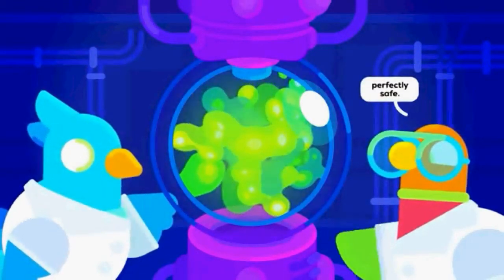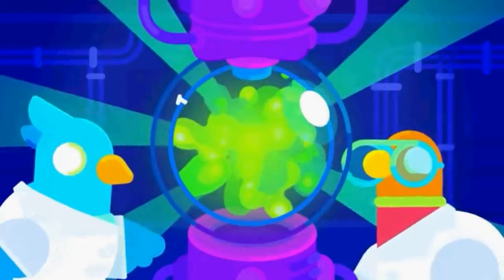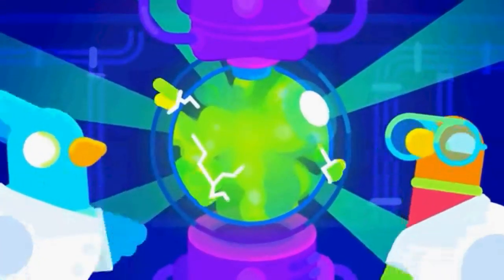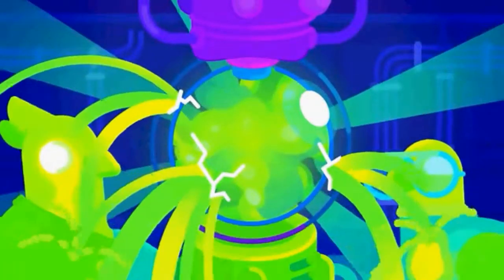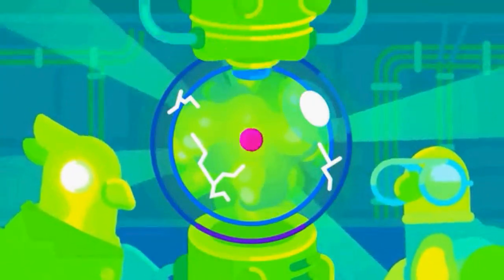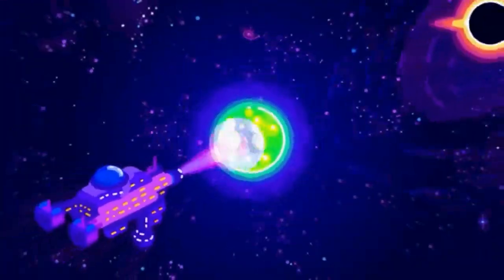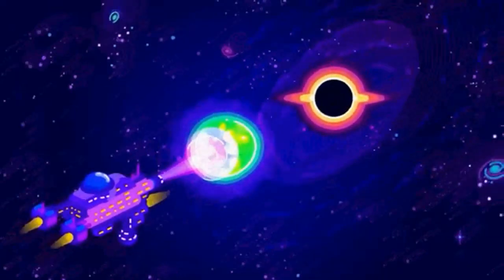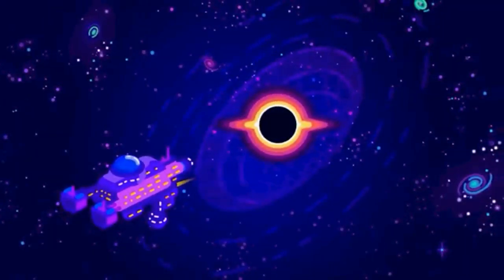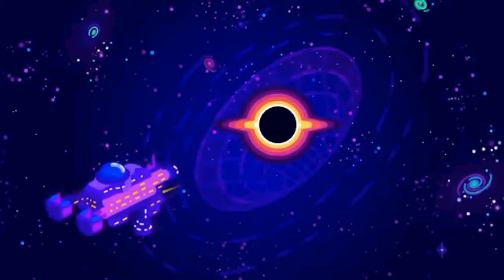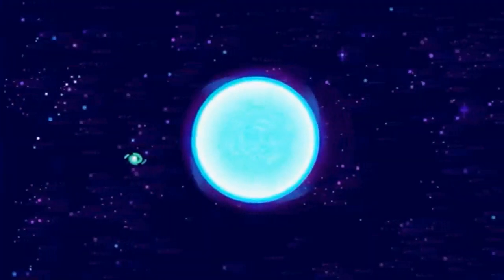It might be infectious. Every piece of matter it touches might be so impressed by its stability that it would immediately turn it into strange matter too. Protons and neutrons would dissolve and become part of the quark bath, which frees energy and creates more strange matter. The only way to get rid of it would be to throw it into a black hole. But then again, who cares? All of it is inside neutron stars.